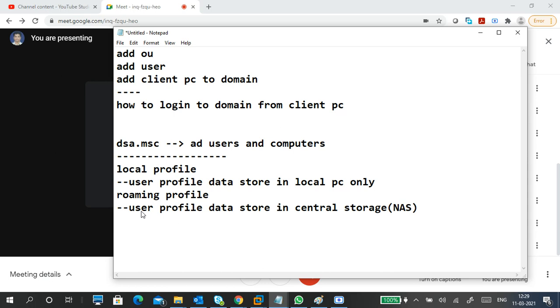Okay, but here we don't have a NAS, so we'll use our server as a server. Then the storage and this profile data